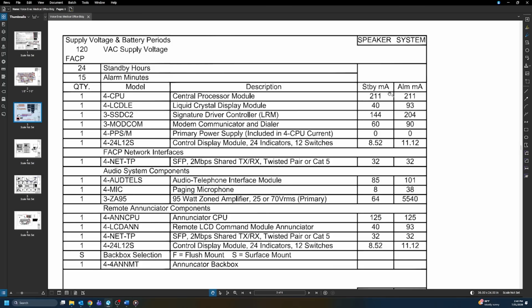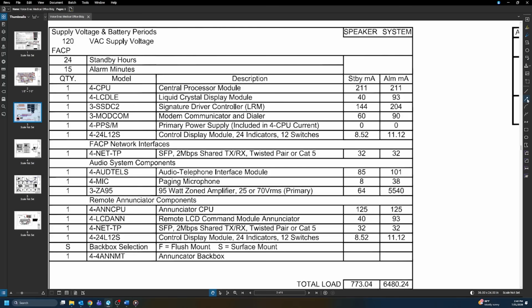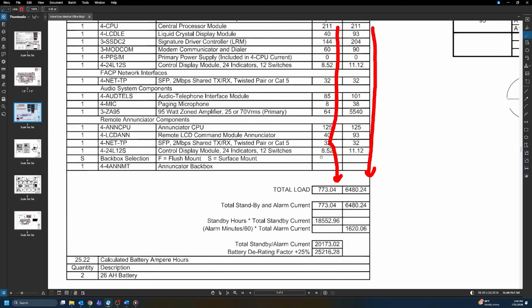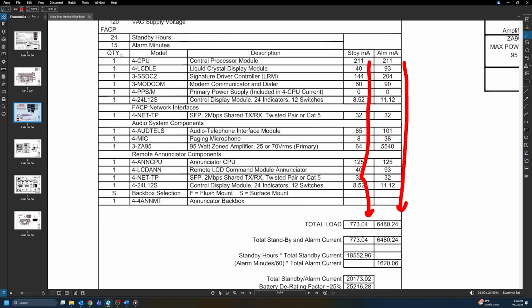So again, we want to sum. Maybe I can draw on this one too. Here we go. I'll try to draw this. If you sum down this column all the way to the bottom, you get this total loading, right? Then if you sum this column all the way down to the bottom, you get this loading. So they've done that, and you can do it yourself, right? In this case, they're all one quantity, but if this value was 2, oh man, this is a big